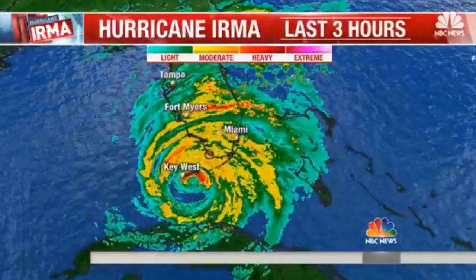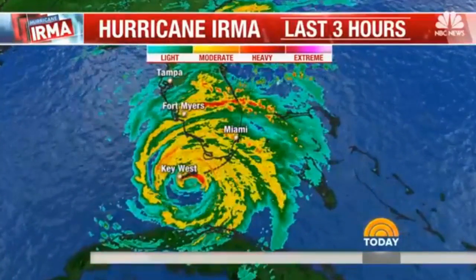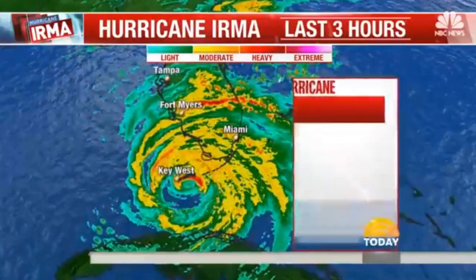You've been tracking this thing right now. It's going just as forecast. And what we talked about was the fact that this is going to be so large that it was going to be affecting both sides of the state. And you can see right now, Miami is getting hammered, and we're starting to see the Keys getting hammered as well. And right now, it is only 15 miles